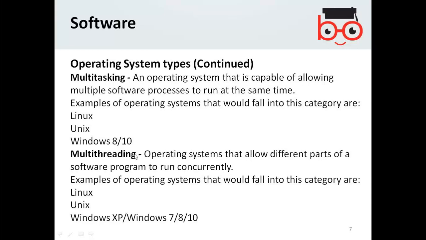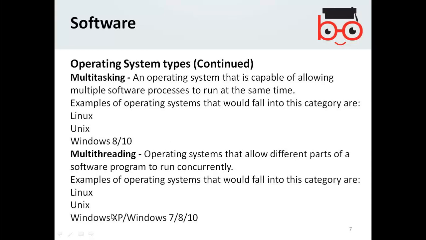Multi-threading is operating systems that allow different parts of a software program to run concurrently. Examples are the latest ones.